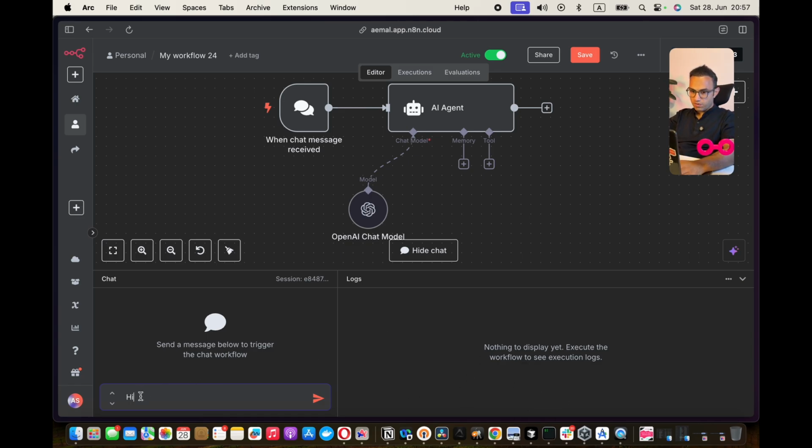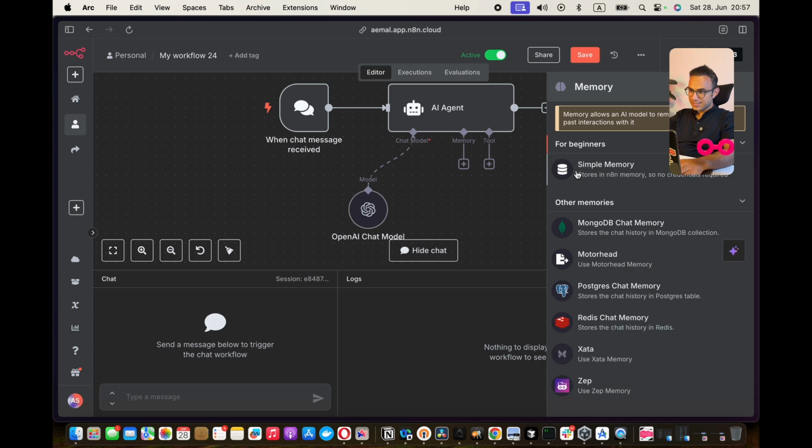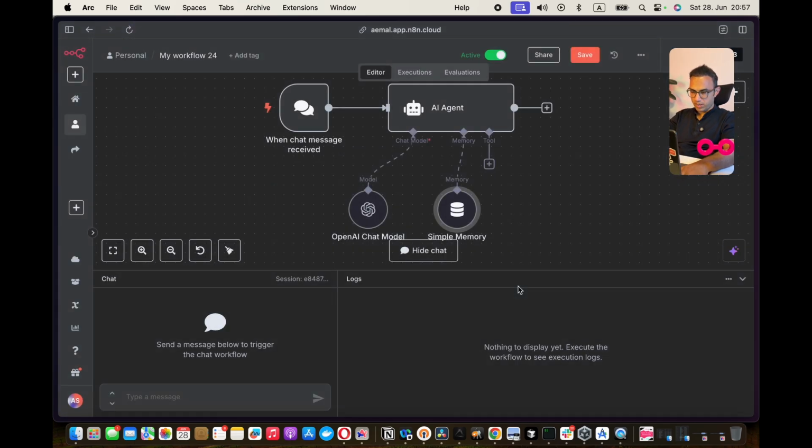And in order for n8n workflows to remember you, you need a memory. I will add a simple memory for now, just to make the point. There are some logistical things going on with my computer that I need to tackle for the stream, and then we'll come back to this. So only adding simple memory now will know my name.